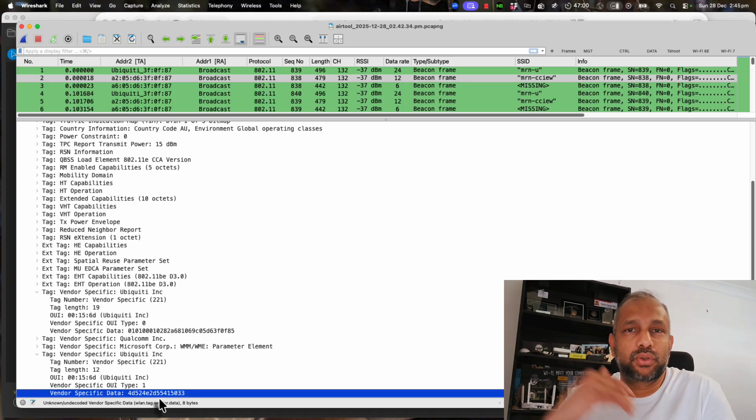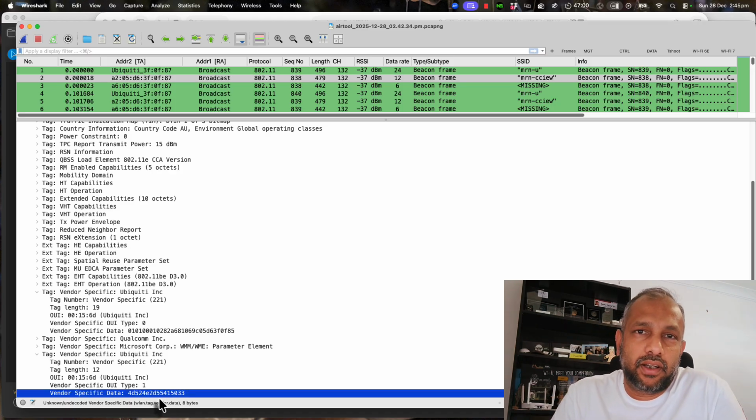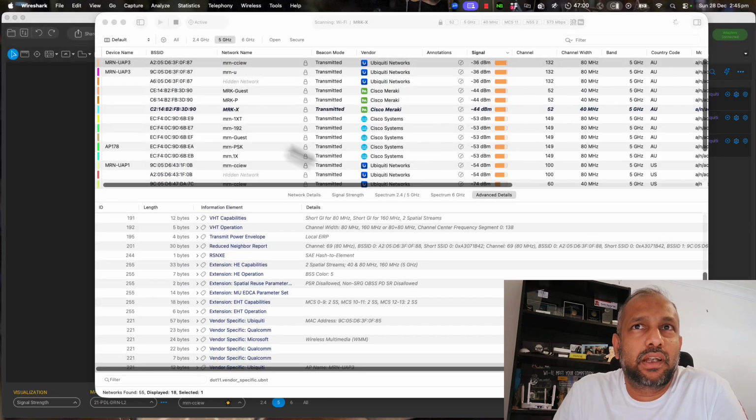In that way, as you saw, it's an important step. If you are troubleshooting Wi-Fi or even doing a site survey, make sure the AP name is advertised in the beacon frame. Now from the release point of view, this has been recently released. So now if I want to show you which release has this feature,